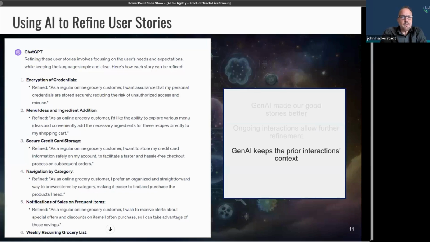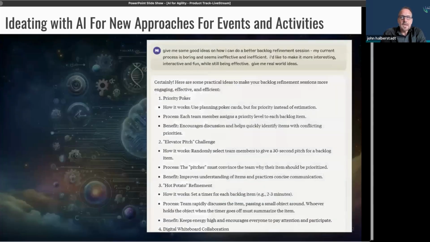So use that same sort of idea when you get these responses. Don't just copy and paste from whatever the response was. Continue to interact until you have what you think is going to be useful for you. This allows for that continued refinement and expansion. So that's some things that you can do immediately in terms of creating a new backlog of user stories and for refining the ones that you have.